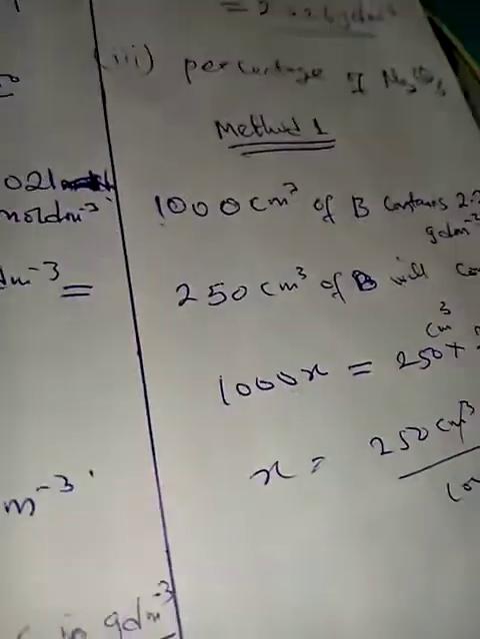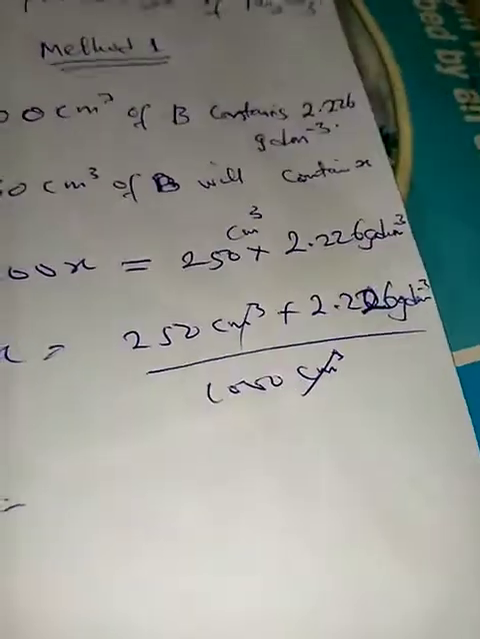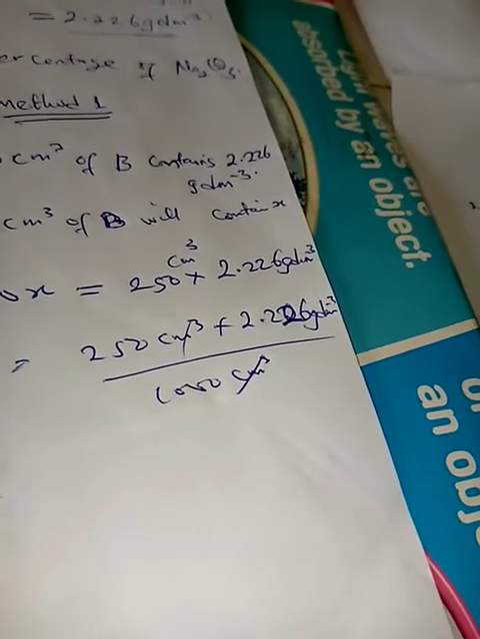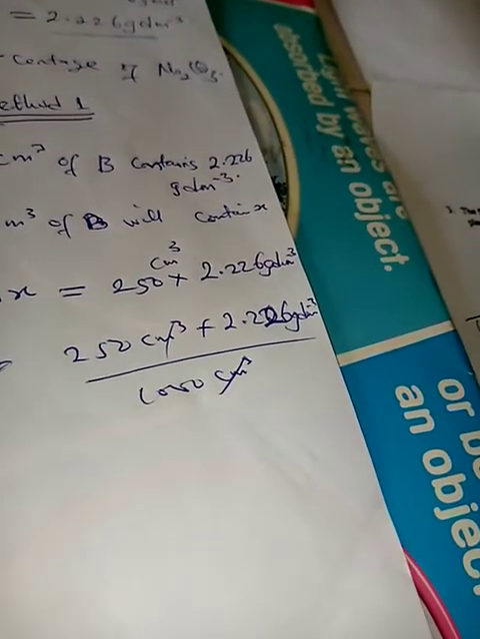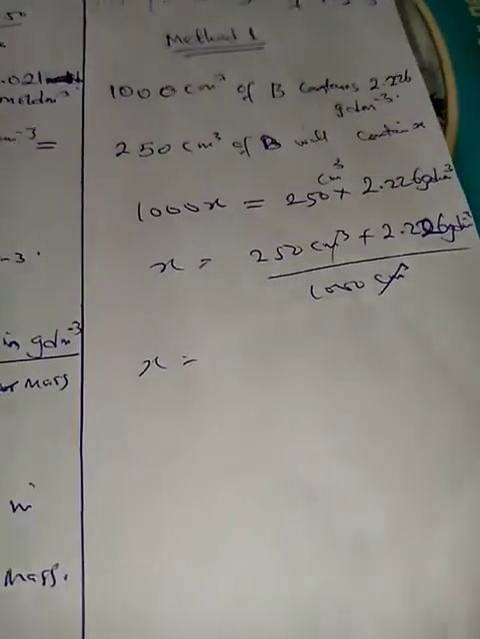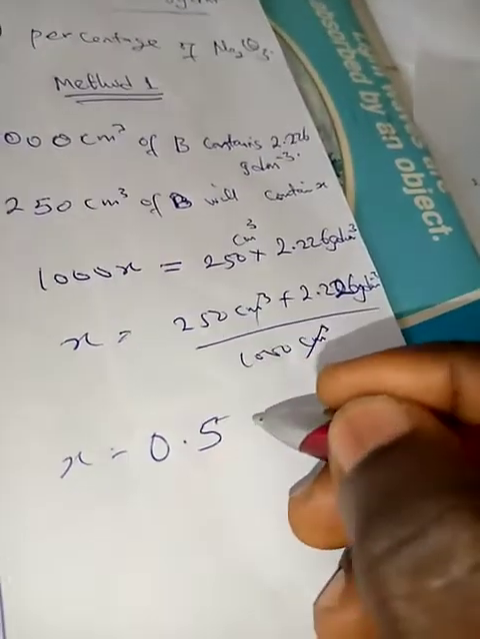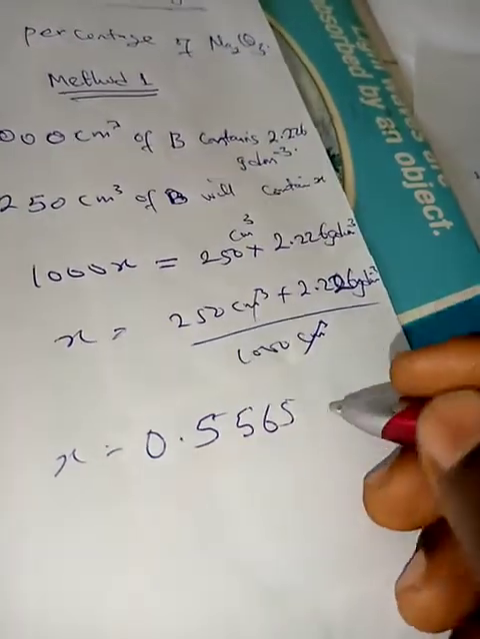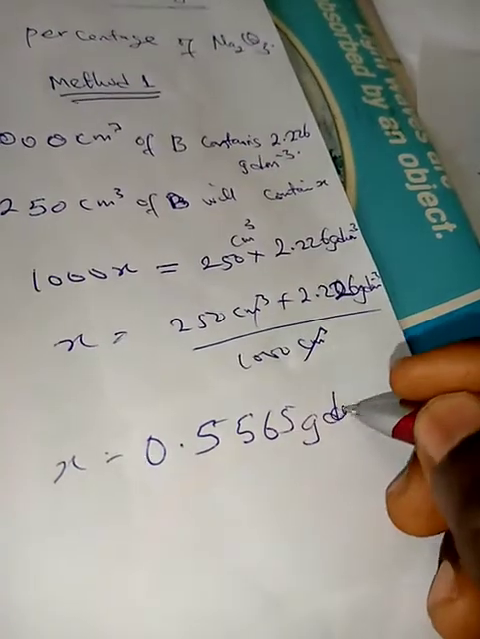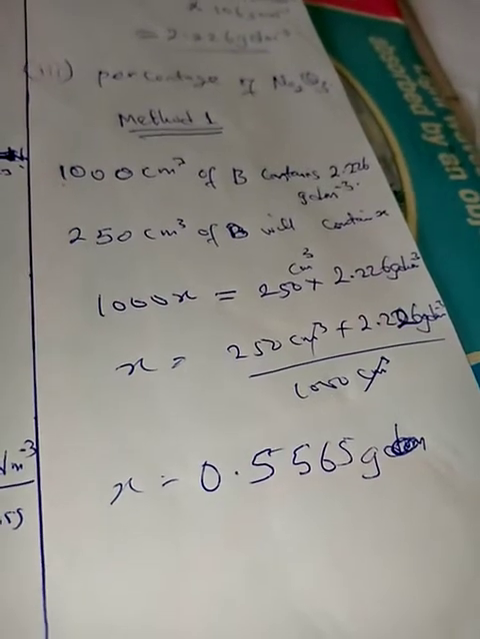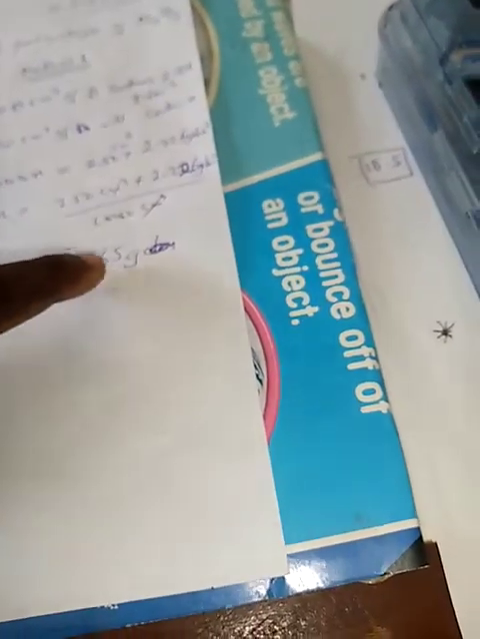So this will cancel out this. So x is going to give us 250 times 2.226 divided by 1000. So that's going to give us 0.5565 grams per dm cube, or 0.5565 grams. Now this value here, this 0.5565 grams, was the amount in grams of Na2CO3